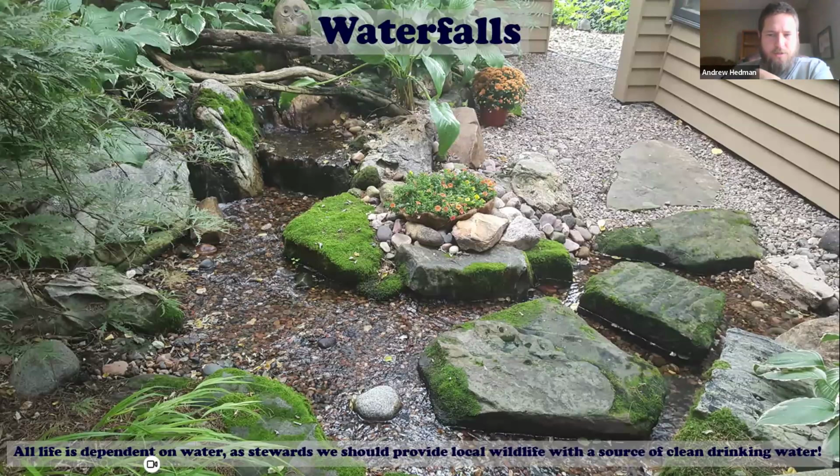It's just gorgeous, and it looks natural. It's not, but it looks natural. It's not like those prefabricated projects you see. So it's a really gorgeous way to revamp your yard and also support wildlife. And to hear these things running, it's super relaxing. There's some studies that show that running water gives off ions, and those ions increase, I think it's our dopamine in our brain. So that's why running water is always